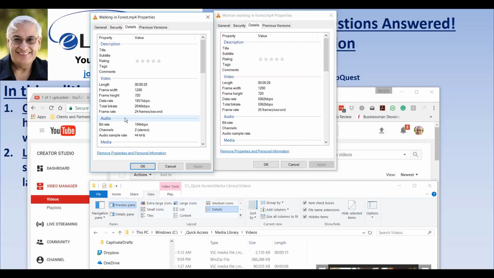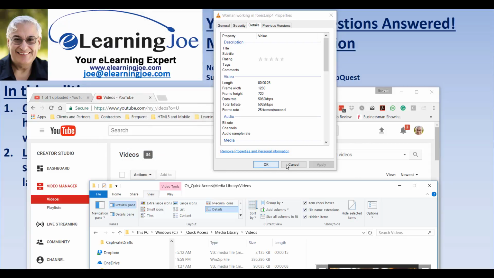Quite a bit less. 24 frames per second versus 25. Yes, we actually added two audio channels, which was silly because there was no audio in the original file, and I could have probably told YouTube not to worry about the audio, but it's okay. Since there's no audio, it takes up no room really at all. At any rate, you can see quite a bit of a difference there, and the quality is going to be